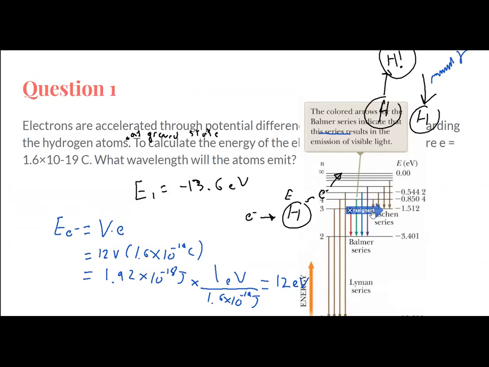So if you can get 12 electron volts of energy from an electron, you do have enough energy to make it to the second state. However, you don't have enough energy to make it to the third state,